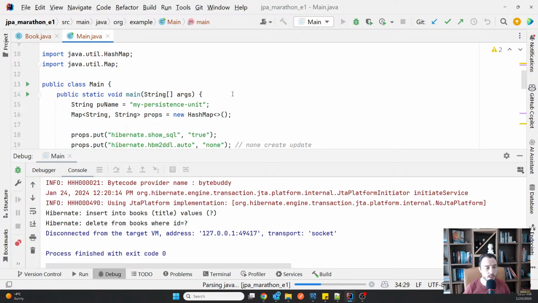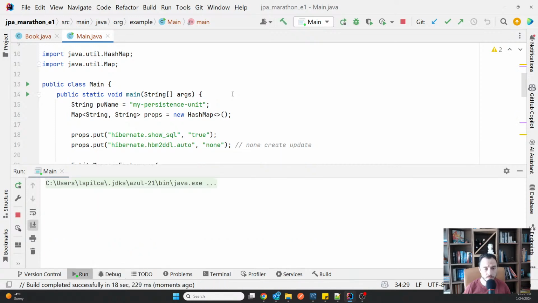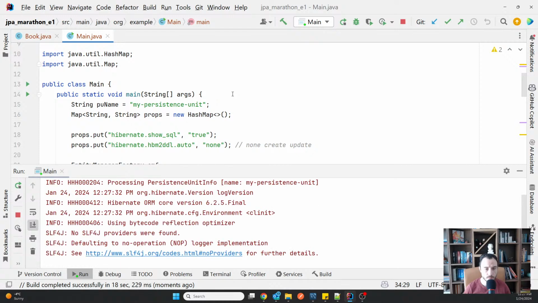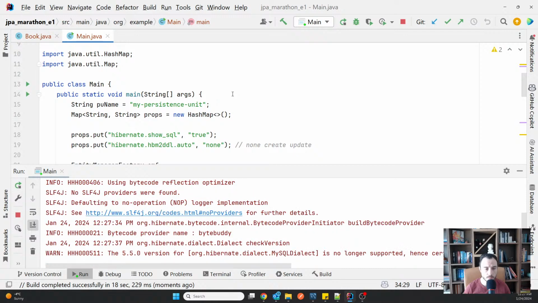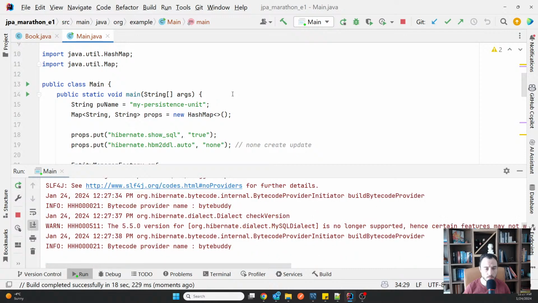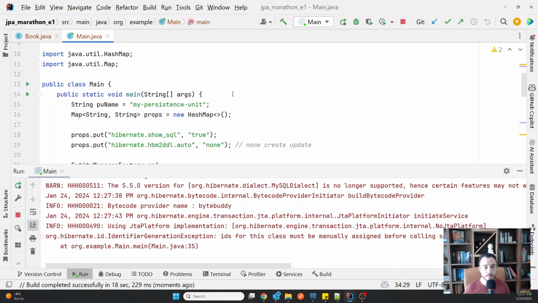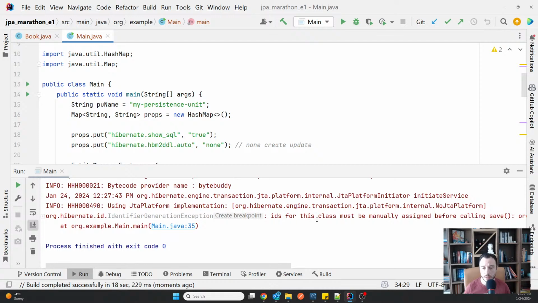So it's not an auto increment anymore. Okay, and that's it. Manually assign. Okay, fine enough.